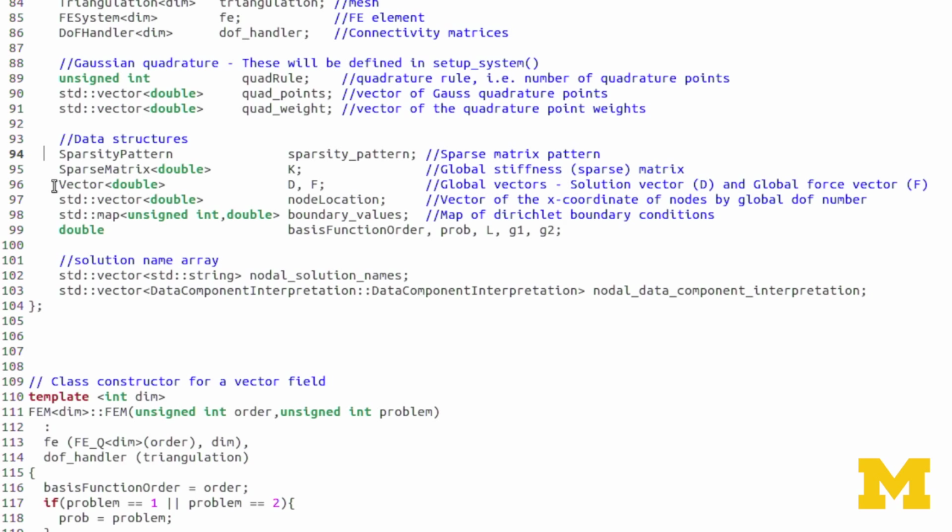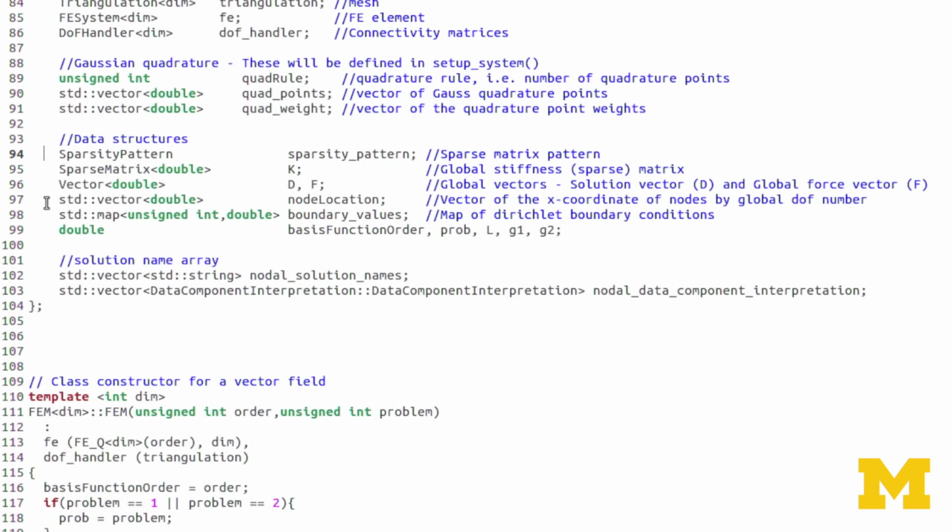We have a vector of doubles, D and F. That's our solution vector and our global force vector. You'll notice this isn't a standard vector. It's a DL2 vector, with a capital V. The functions related to the DL2 vector are a little bit different than the standard vector.